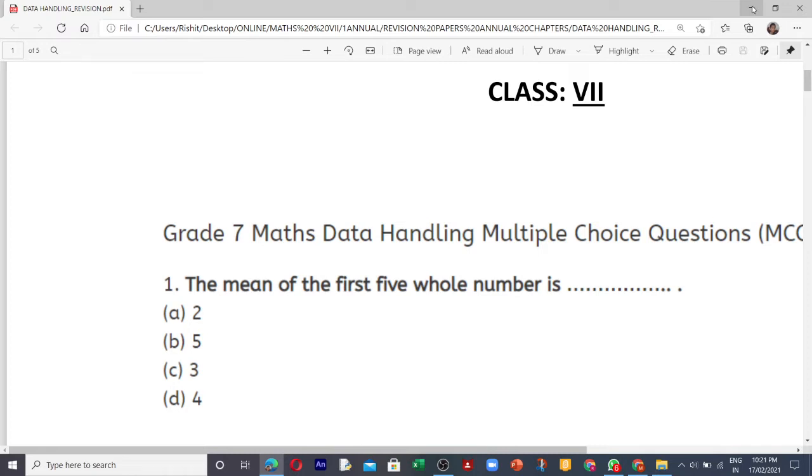So write down the first 5 numbers first, and then you should know the formula for finding mean, mode, and median. So here we have to find the mean. I hope everyone is writing here. Now let's see the next question. Total 20 questions are there and some probability questions are also there, which I will definitely inform you about at that time, that you are not supposed to do those questions.